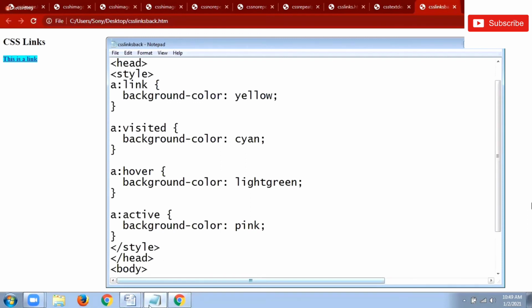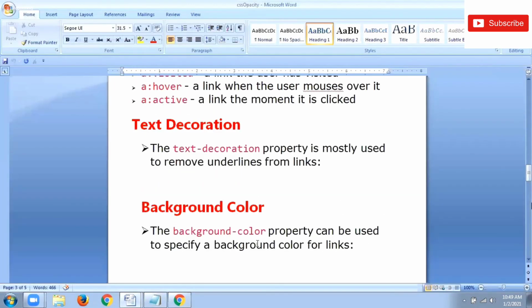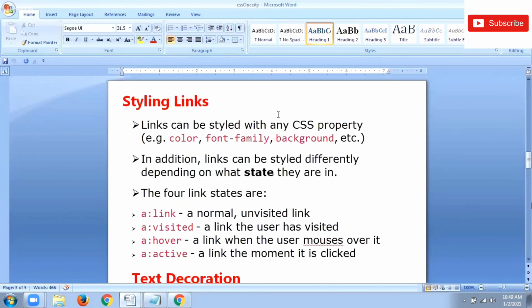Okay, so this is about the particular background color property, decoration, then 4 types of links. Link, that is the normal unvisited link, which shows a colon link, then visited. Once it is visited, you can specify a colon visited.